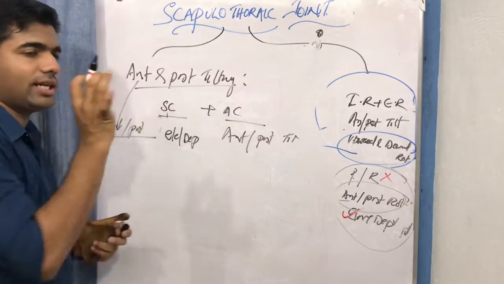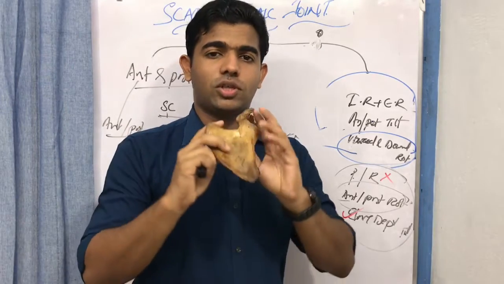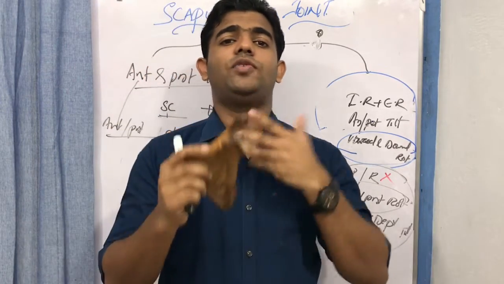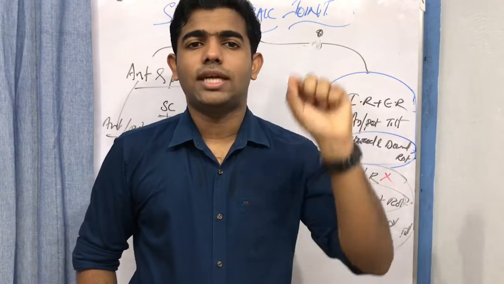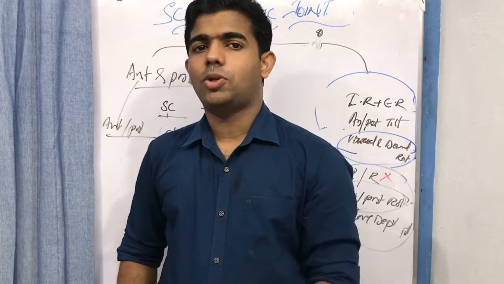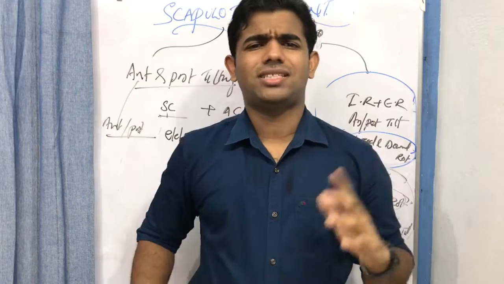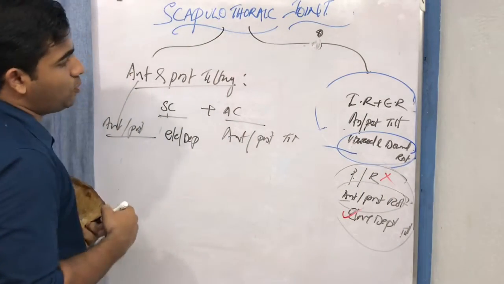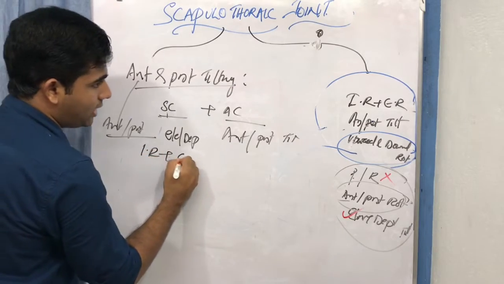So anterior and posterior tilt is a less observable movement, and in this movement the acromion process of the scapula moves anteriorly and the inferior angle moves posteriorly. In the acromioclavicular joint the motion that is taking place is the anterior and posterior tilt, whereas in the sternoclavicular joint the motion that is taking place is the elevation and depression. It's just that. Whereas the next movement that we are going to think of is the internal rotation and external